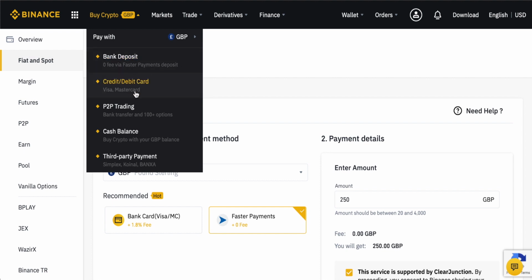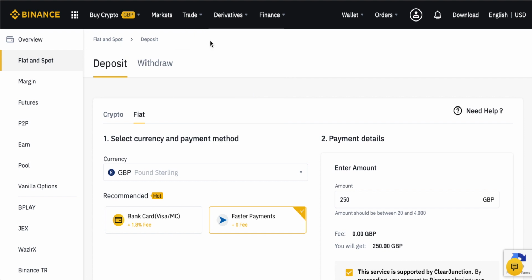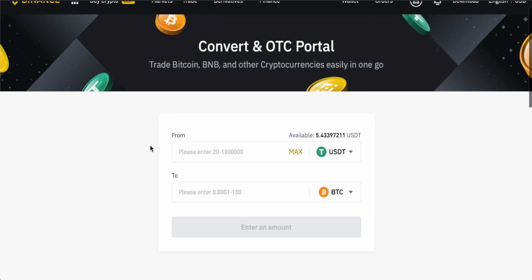So like I said, you can trade with a credit card. That's the simplest way, and we've seen that screen. But if you have fiat currencies on account and you want to go ahead and trade, come over to the trade tab right here. The easiest way to do it is go to convert. So when we click on convert, we can choose a currency that we want to sell and a currency that we want to buy. In this case, we're going for Ethereum.